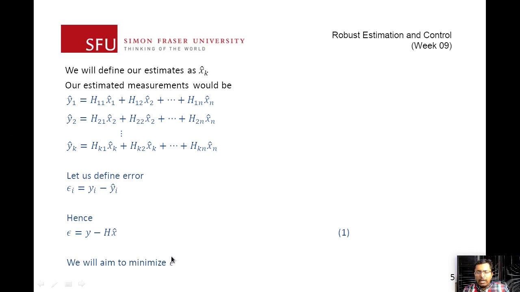Keep in mind this epsilon actually has two components to it. The first component is the fact that my x hat isn't going to be exactly equal to my x's. So that's going to contribute one error. And on top of that, there is a little bit of measurement noise, and that's going to contribute a second error. So the epsilon i's, which are the elements of our vector, have two components of error.